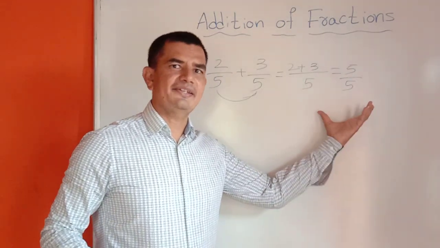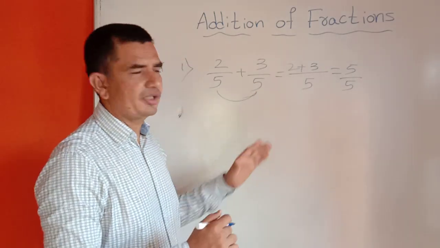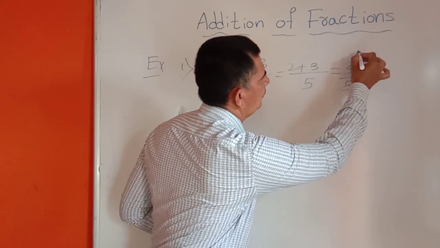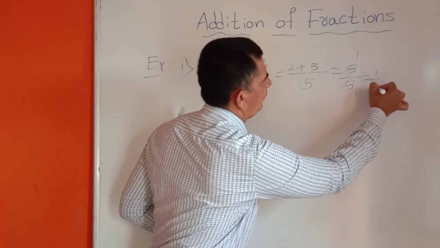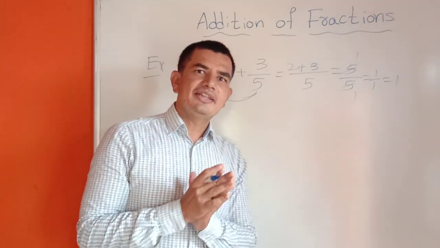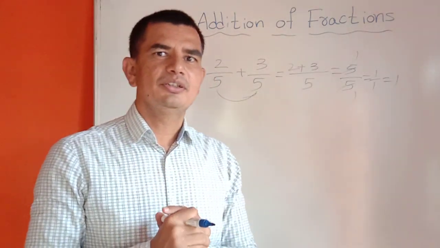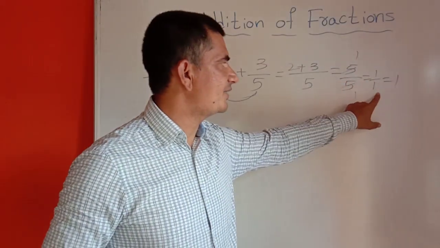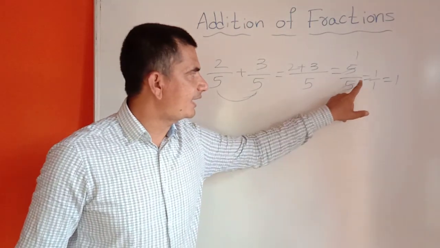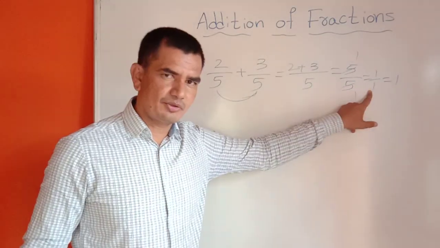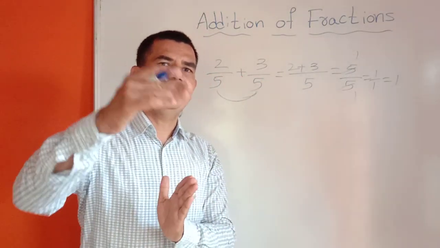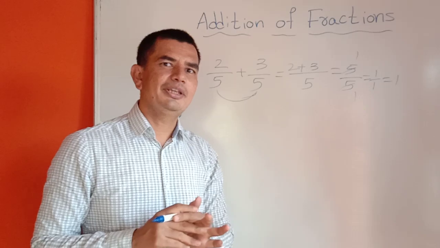Again, if you can simplify, you can simplify this one, because 5 and 5 are both in the same table. So 5 ones are 5, 5 ones are 5. The answer is 1 by 1 equals 1, because when 1 is there in the denominator, we should not consider that 1. We have to write the numerator. Students, answer is 5 by 5. It is also correct. Then if you cancel, you will get 1 by 1. This is also correct. Actually, final answer is 1. It depends upon the options. In the 4 options, what answer they will give, that you have to find out.